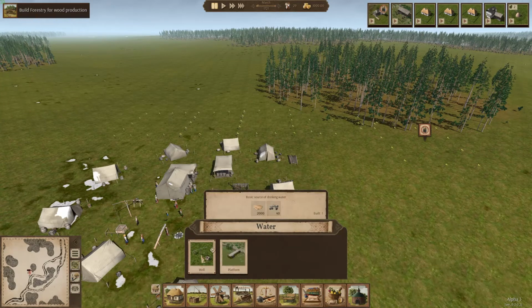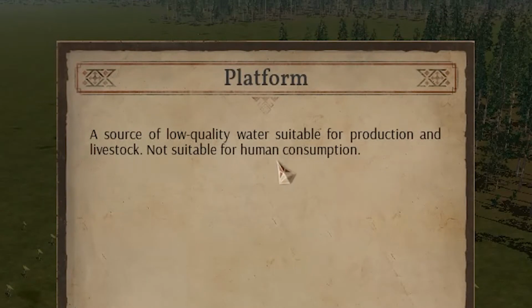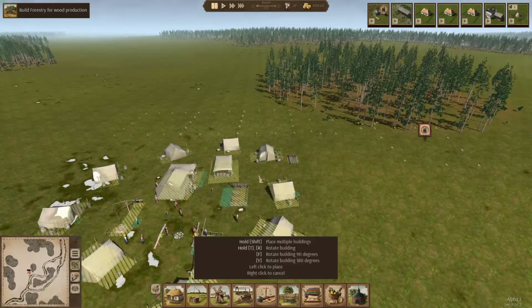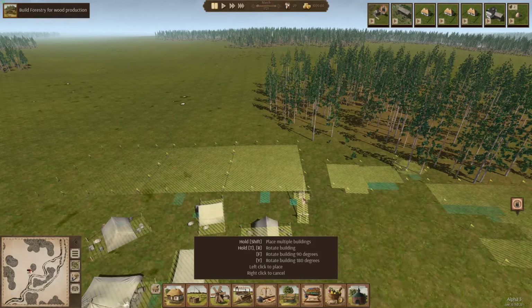So what we'll do is we'll take one of these wells, and if you look here under the water, there's actually 2. There's a platform and a well. This platform here is more for allowing your farms and cattle ranches and husbandry buildings to pull water directly from the river. The water that this platform gets is not recommended for human consumption. In fact, if you hit this little help icon here, it will tell you, not suited for human consumption. So we'll just grab this well, and even this one has an entrance and an exit. So what we'll do is we'll go ahead and just plop that down